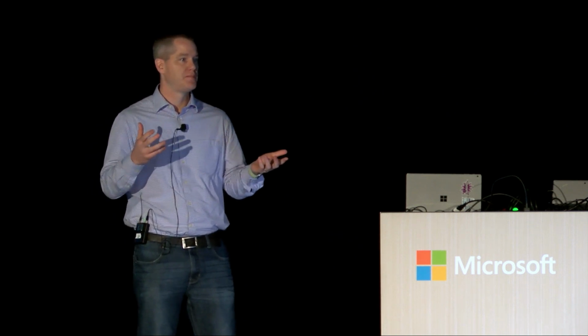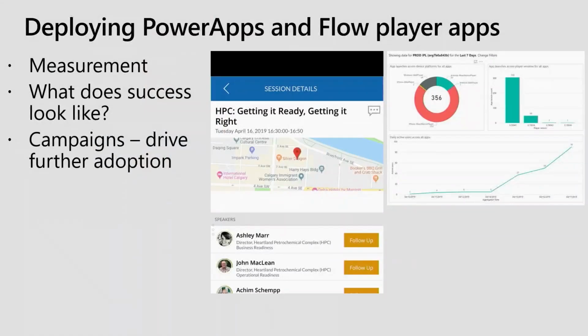Another example of using analytics is when you deploy something, how do you want to measure the success of that new solution or that new app? So what we have here is we had a corporate leadership summit, probably about 6 or 8 weeks ago, and we built an app for this event, a Power App, sitting on top of CDS. We had about 200 leaders in the company attending this summit from all over the province, and we wanted to use this as an opportunity to get Power Apps and the Power Platform in their hands. So it was a show and tell opportunity for us.